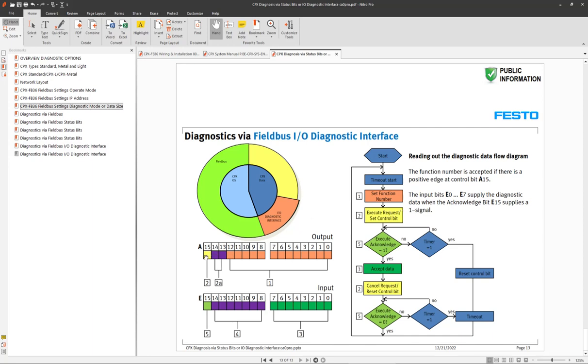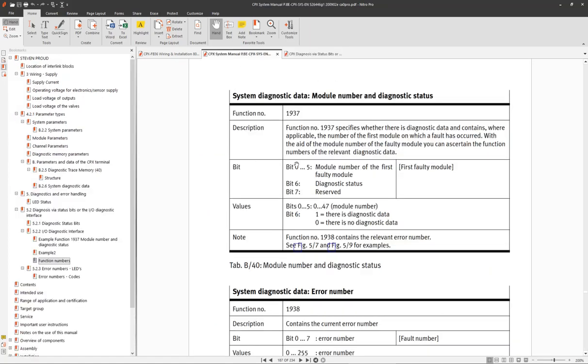When you turn bit 15 on, bit 15 on the input data table is going to come back, which is your acknowledge 1 right here. Then the data that has been requested will be in these 8 bits right here, the green, the accept data. In this case here, bit 0 through 5 is where there's going to be a value, and